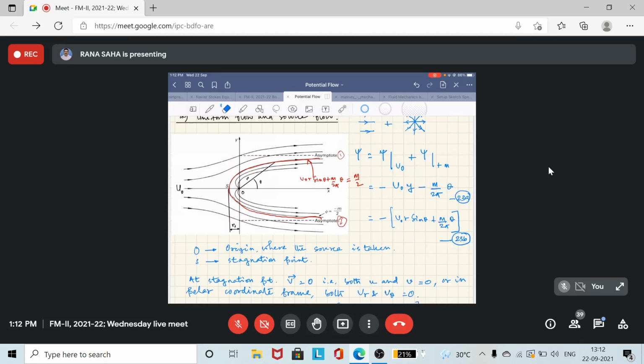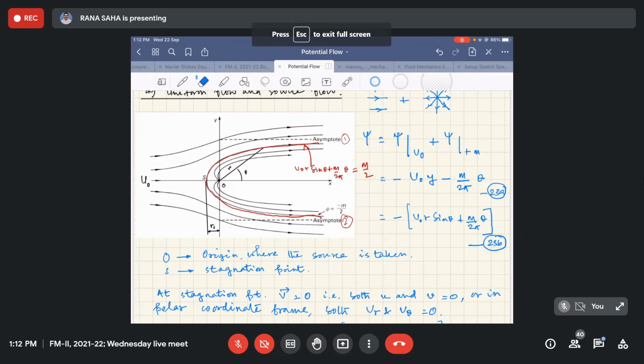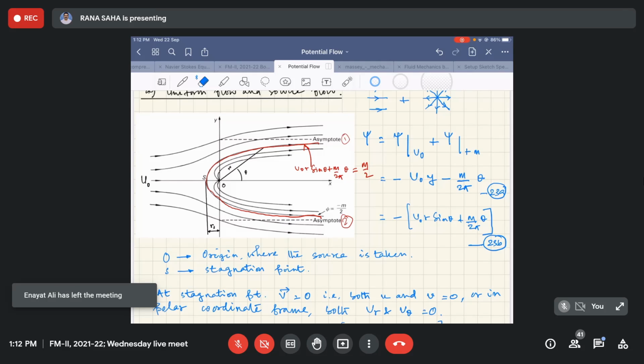Okay, and that actually gives a very important aspect of this potential flow. Although this addition of the two functions, as I have said in the earlier meeting, these functions evolved from the mathematical perspective. But after this addition, and thereby after getting the stagnation point and the streamline passing through the stagnation point, one can have some idea of a shape of a body